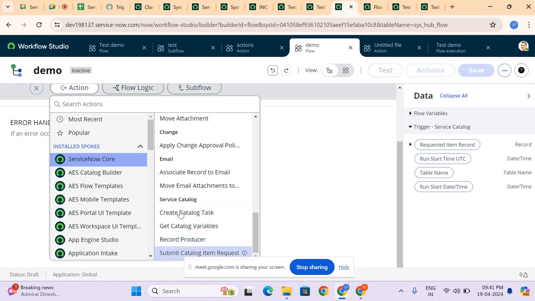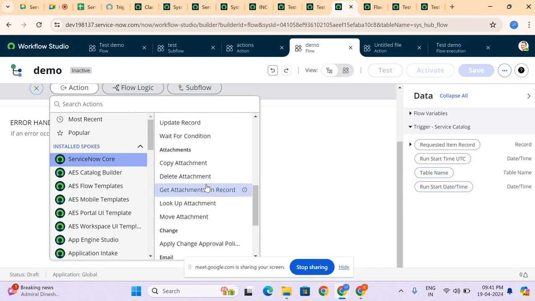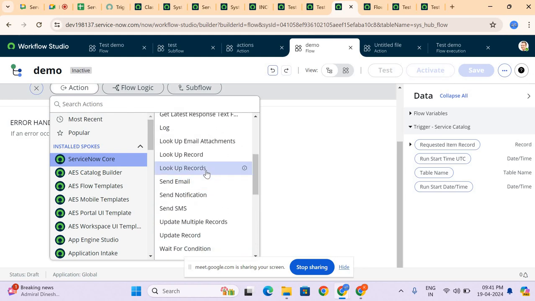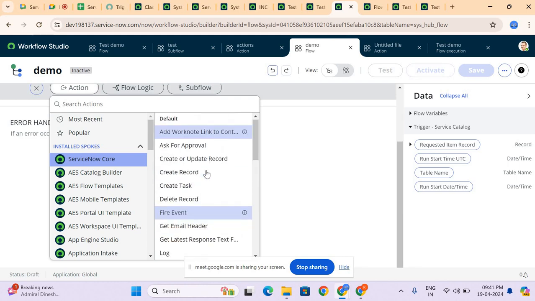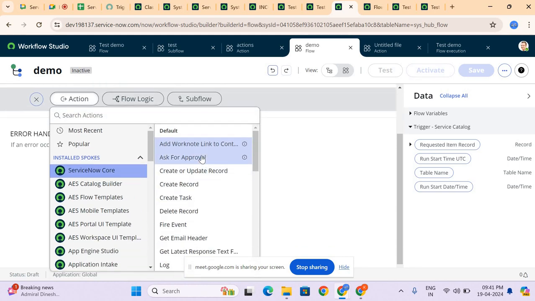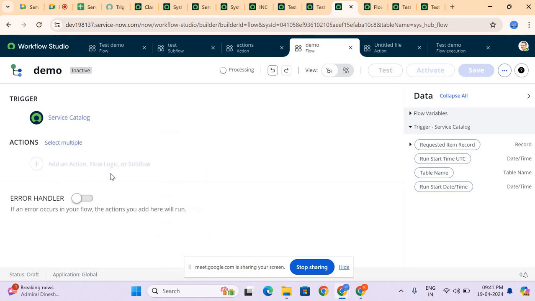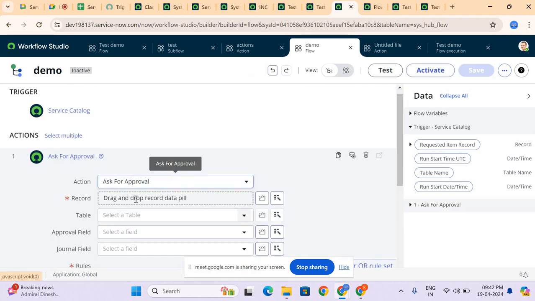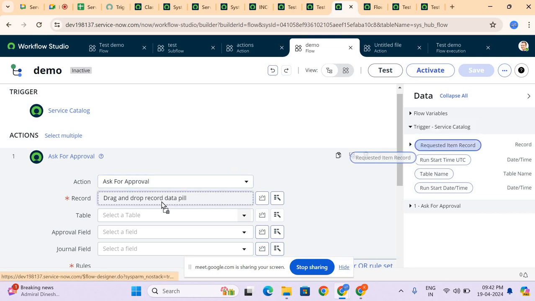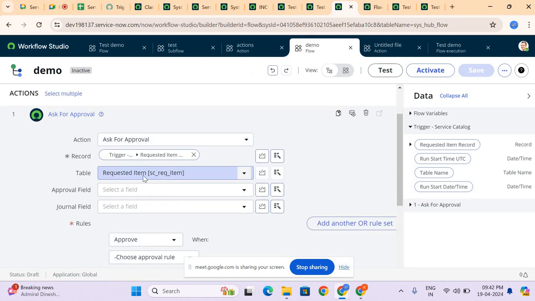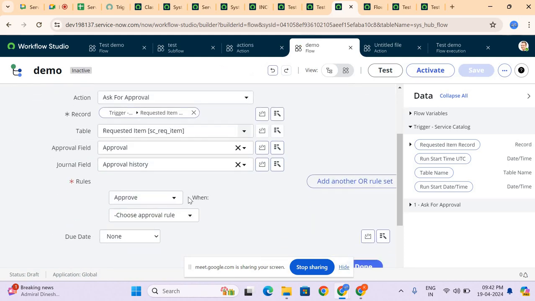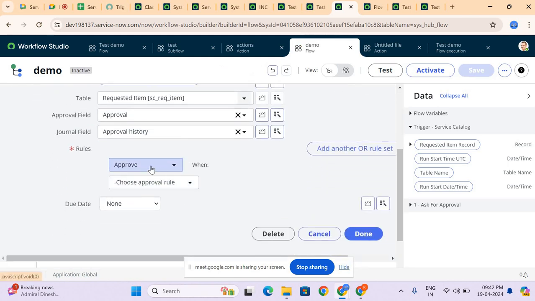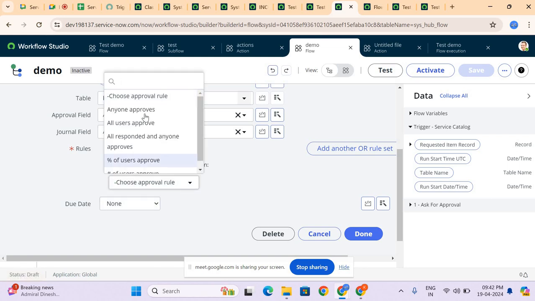You can use these particular actions which are related to the service catalog. And we also have the approval process. So suppose, let's say we have the approval, like you want to ask for the approval. So you'll be clicking on asking for the approval. So for which record? So here the RITM record gets created. So for this particular record, then here you can specify the approval rules, like who will be approving, and here